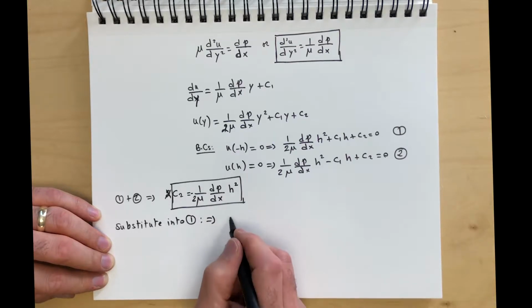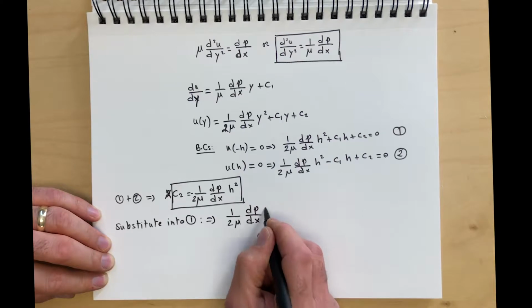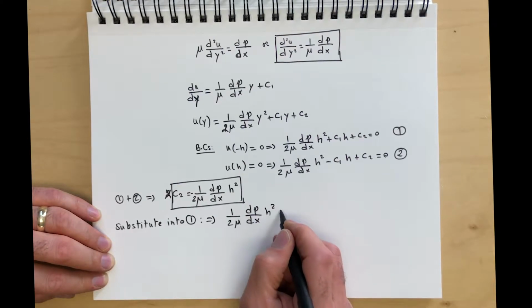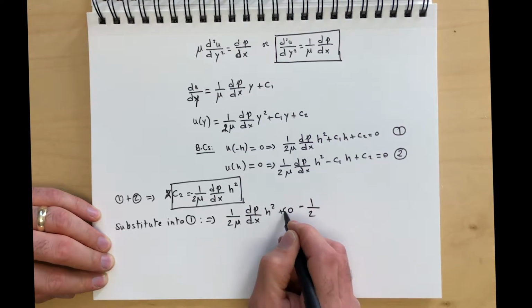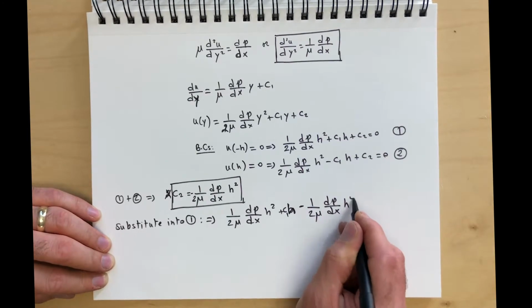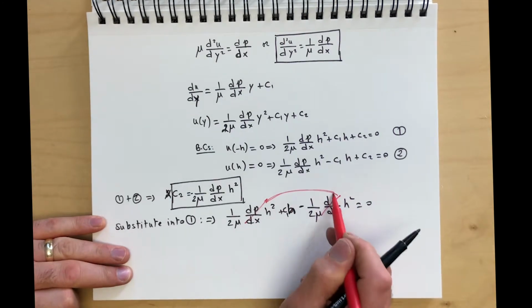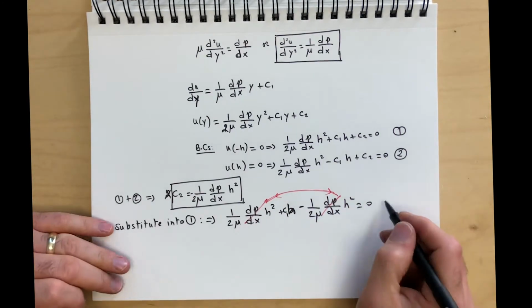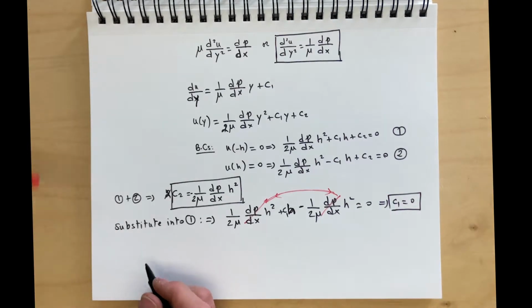This will imply 1 over 2 mu dp by dx h squared plus 0 minus 1 over 2 mu dp by dx h squared... c1 h. We're going to show that it's 0. 1 over 2 mu dp by dx h squared equals 0. These two cancel out, and that implies that c1 is equal to 0. Finally,